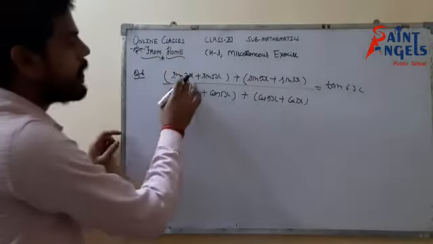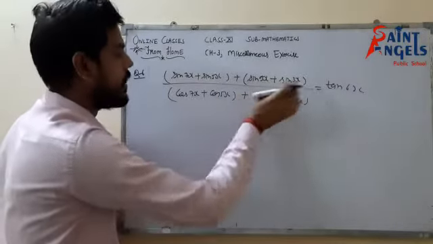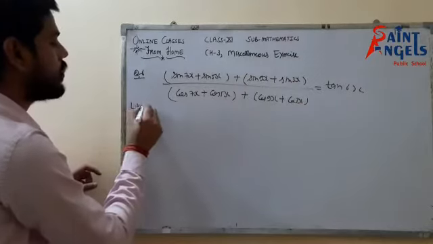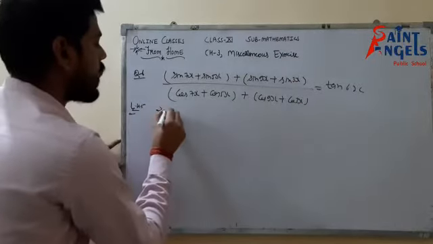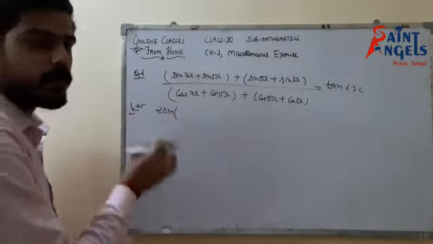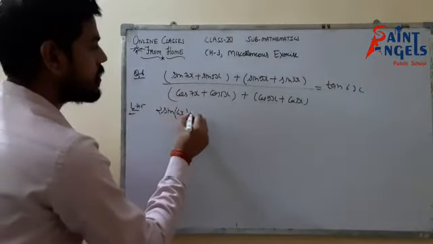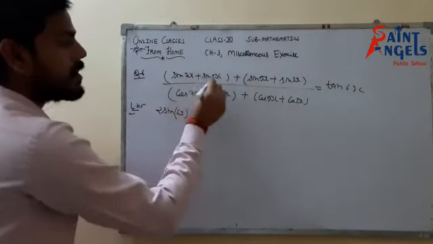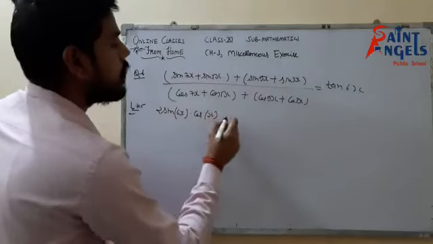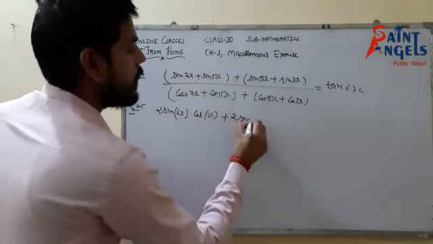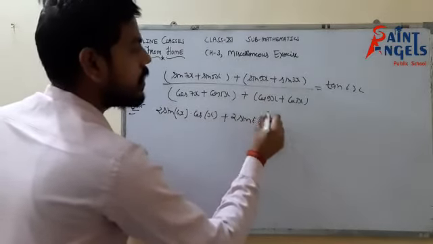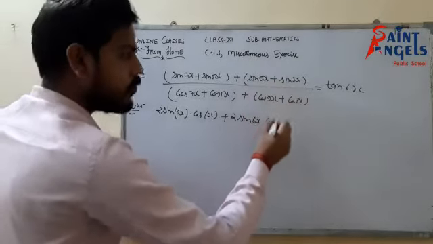From here I will apply the formula of sin a plus sin b and cos a plus cos b. So I am taking LHS. That would be 2 sin (a+b)/2, (7x+5x)/2, 12x upon 2 means 6x, into cos (a-b)/2, (7x-5x)/2, which is simply x. Plus 2 sin (9x+3x)/2, 6x, into cos (9x-3x)/2, which means 3x.